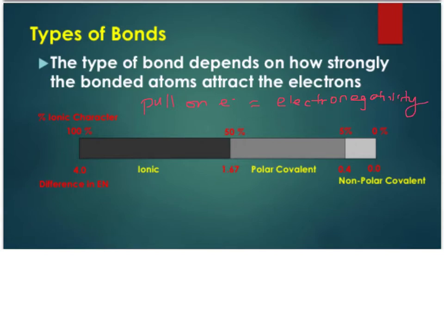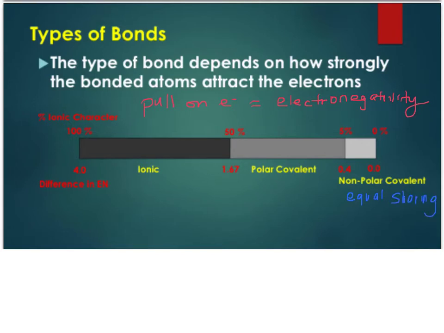So we look at the difference in electronegativity. That is what is going to determine if it's ionic bonds or covalent bonds, and then covalent bonds could either be polar or non-polar. And it all depends on the difference in electronegativity. If that difference is between 0 and 0.4, it is going to be non-polar. When we talk about non-polar, we talk about equal sharing